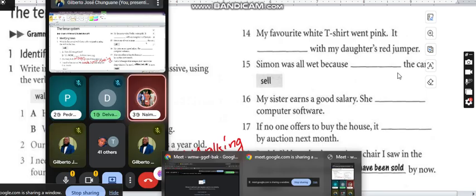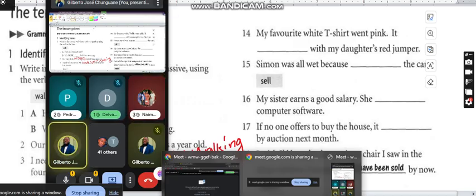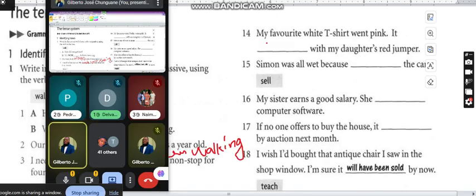It's the same. So obviously here we're supposed to use the passive voice, but in the past simple tense. So it's a past passive, or it's also referred to as passive past. My favorite white T-shirt went pink. It was washed